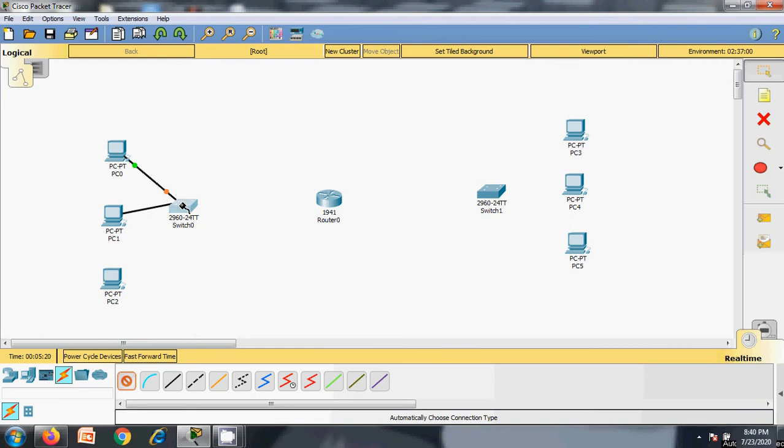It automatically takes the respective interfaces in the switch and the end devices. Now I will connect this switch with the router. So now the connections have been defined.